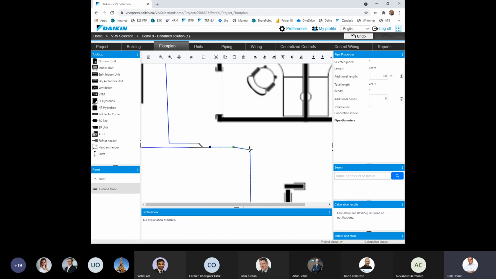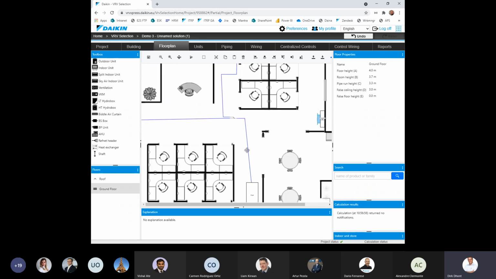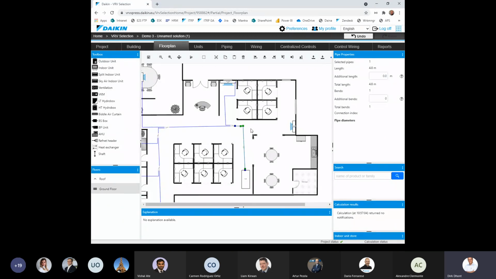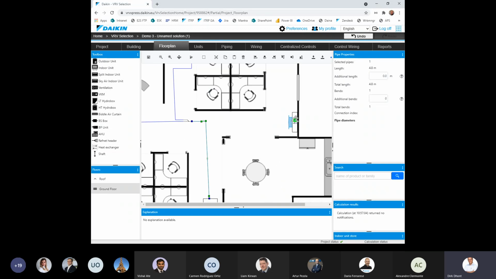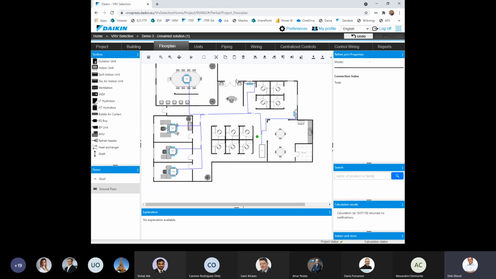So let's do like that and that. So yeah, actually, you have to familiarize yourself a bit with the drawing elements, but for sure, once you get the hang of it, it will go very fast. And then the last end unit is here, so we'll also connect that one to the piping. So basically, you could say now I'm ready, but actually there is one more thing you need to do,